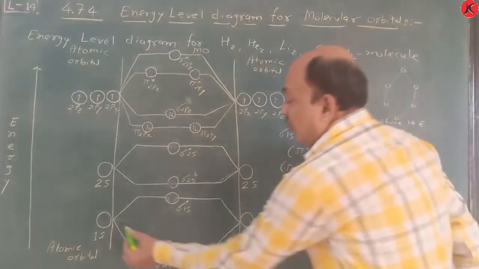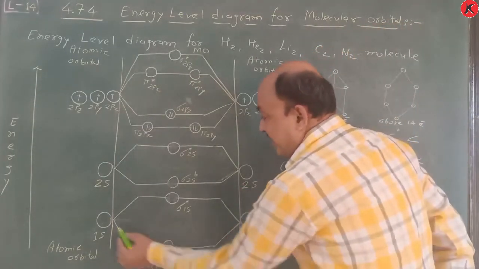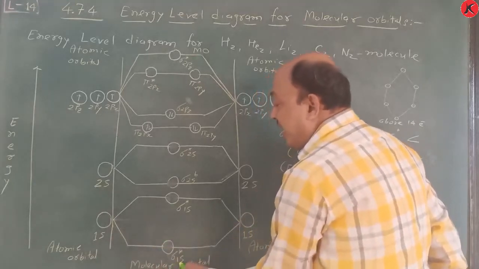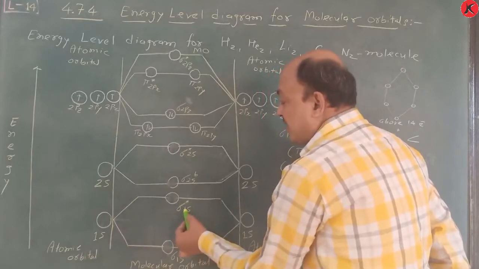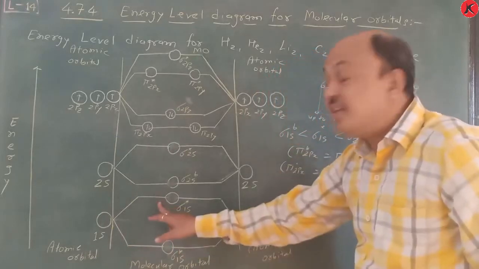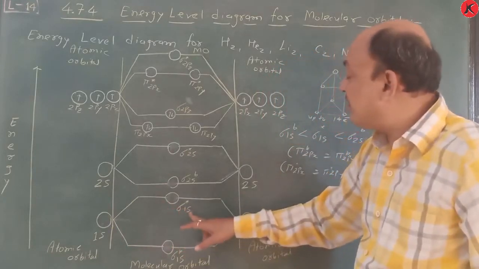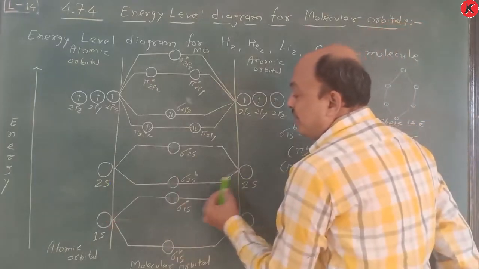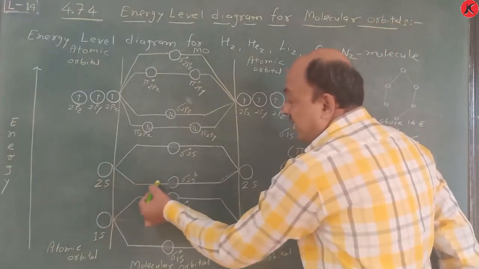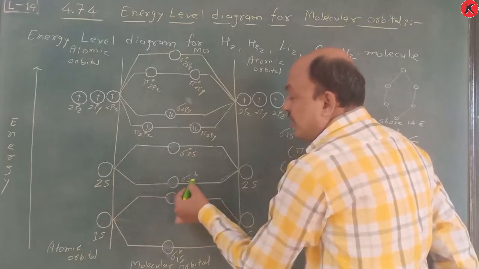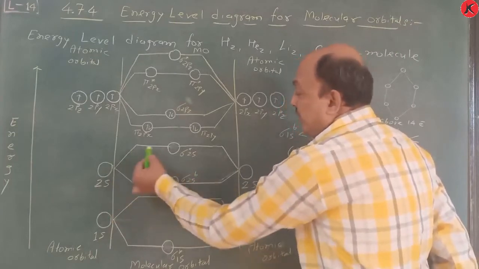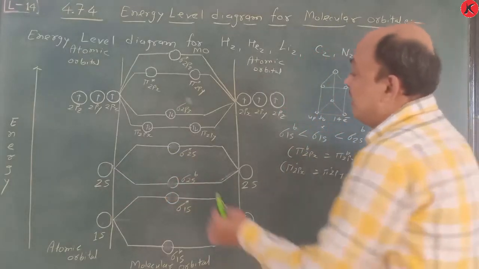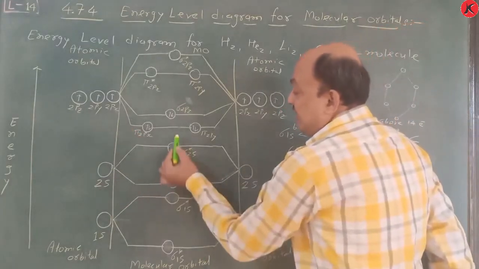So once again, 1s orbital is here, 1s orbital is here. If they combine, or say addition takes place, it gives sigma 1s bonding. And here just you see sigma star 1s. That means what? Here subtraction takes place. So here sigma star 1s. Same way, 2s orbital and 2s orbital of any atom. If they are added, it gives sigma 2s bonding, but subtraction of this 2s orbital gives sigma star 2s. Okay, that is anti-bonding, and energy is higher.